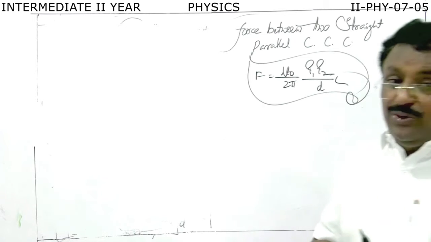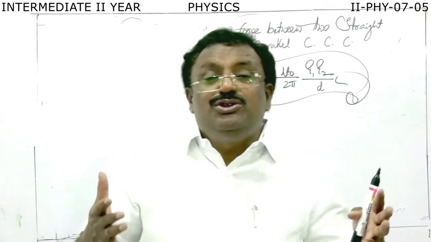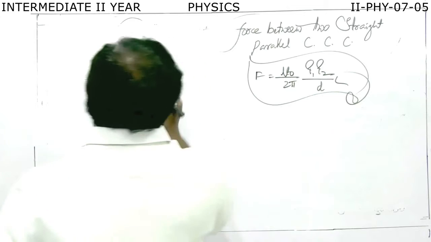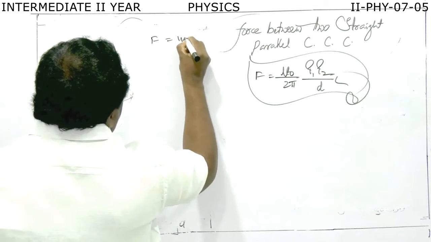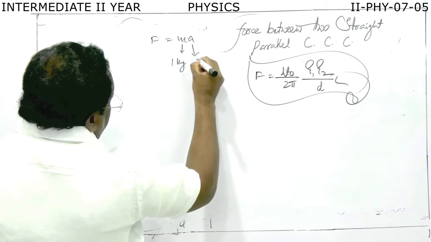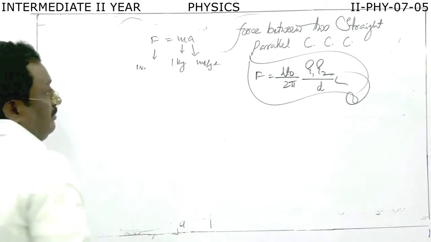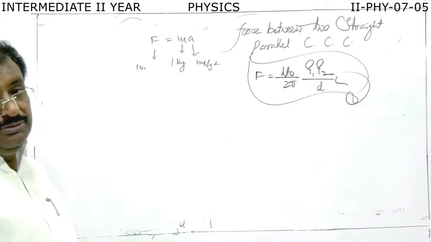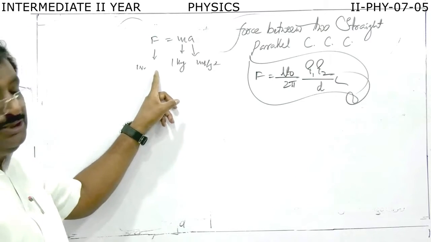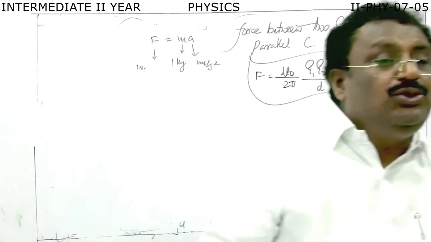You studied so many quantities. Force: what is the unit of force? Newton. How much force is called 1 Newton? If you want to define Newton, we use F is equal to MA. If you take mass 1 kilogram and acceleration 1 meter per second square, then F becomes 1 Newton. Newton is defined as the force that produces 1 meter per second square acceleration in a body of mass 1 kilogram.